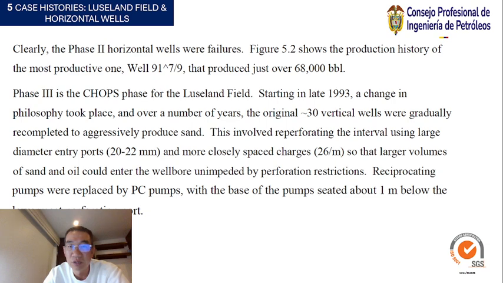This involved reperforating the interval using large diameter entry ports, 20 to 22 millimeters, and more closely spaced, 26 charges per meter, so that larger volumes of sand and oil could enter the wellbore,